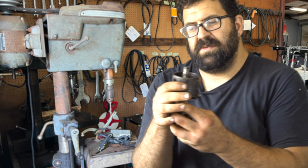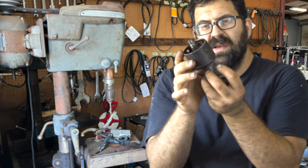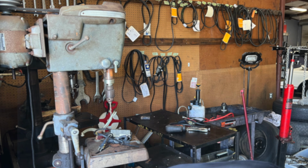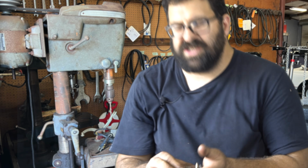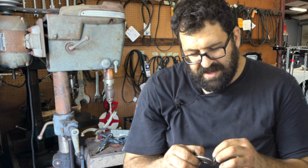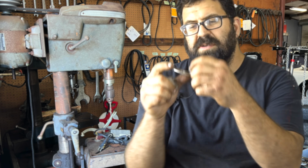You pull the vacuum advance. You pull the screws for the things that lock your cap down. You pull your screws for the condenser holder. You pull all that stuff out. By the way, I'm aware that that distributor needs an O-ring, a sealing O-ring. So once you get all that stuff out, you can work the breaker plate out because it's